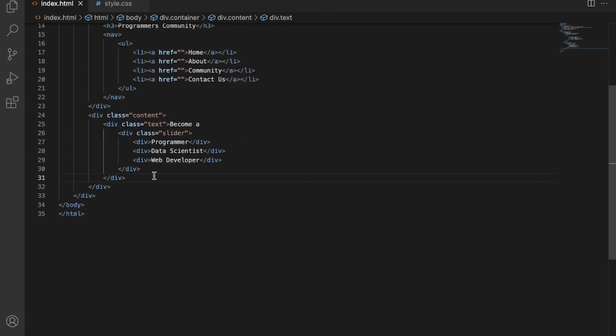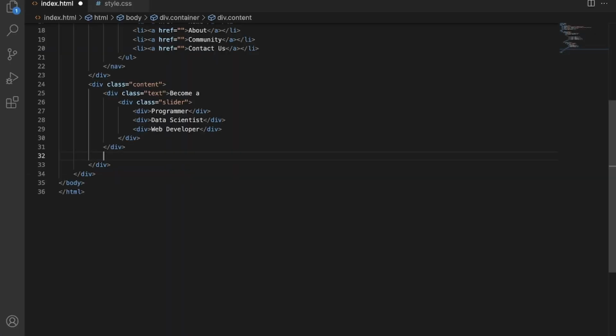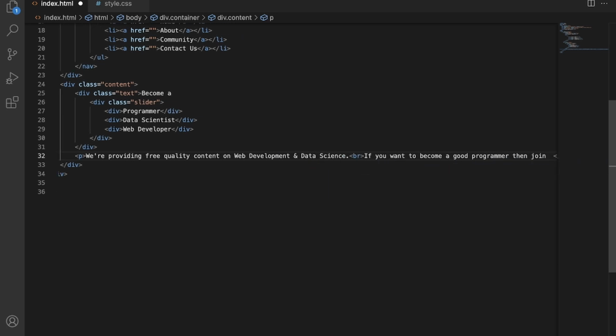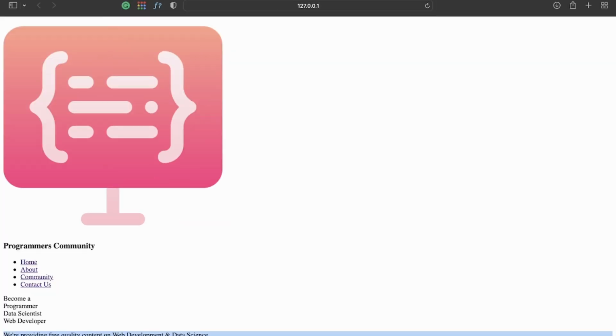Let's check the output. Become a programmer, data scientist and web developer. Okay, great. Now I will write the paragraph. So here I will use the paragraph tag, and here I will write the text. Let's check the output. It looks great.